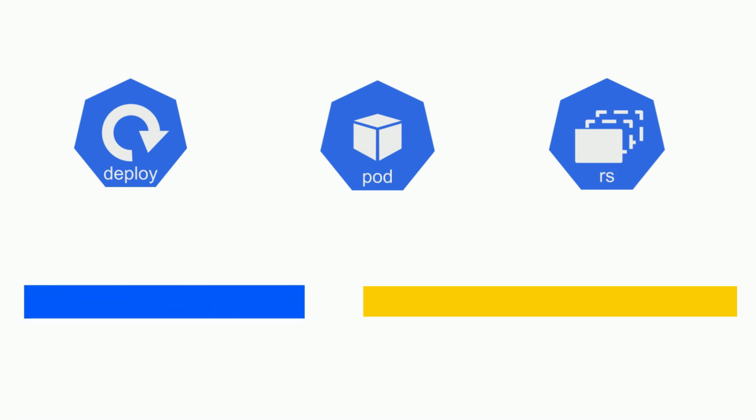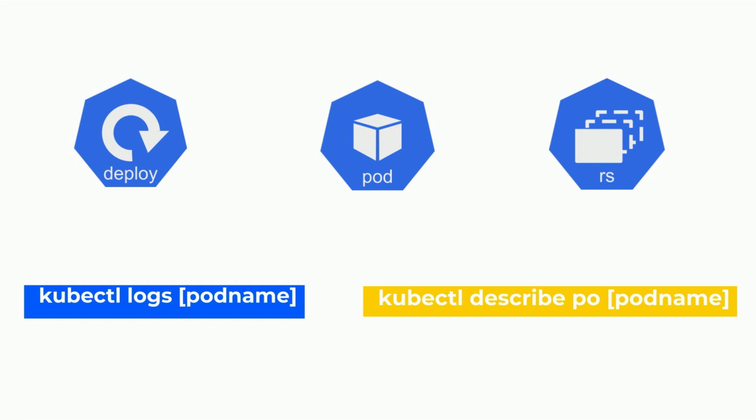With this, I conclude the video. We saw how we can check the node, deployment, pods, and replica set details, how we can create a deployment and its related resources such as pods and replica sets along with the same command. We saw how we can check logs and events, which is very necessary for debugging an application.